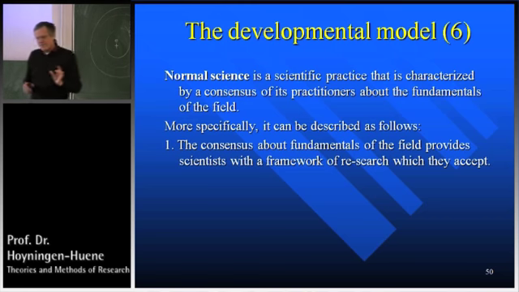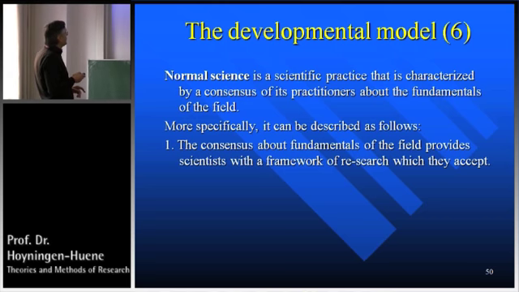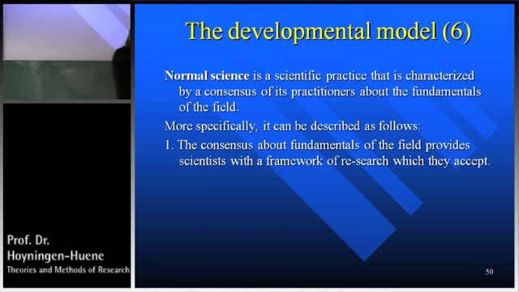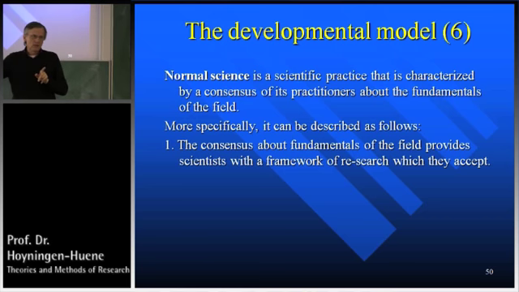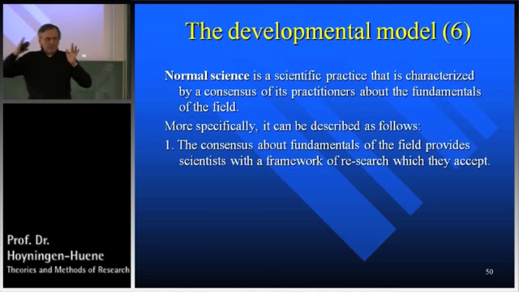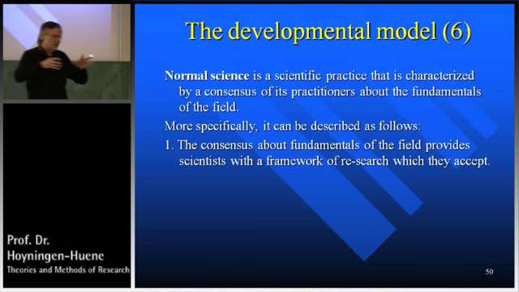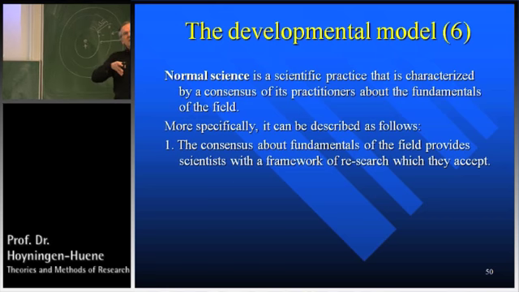Now, I'll give you 5 points of different length to characterize this practice of normal science. I told you, the difference between the phases is a difference of the practice of science. Right? Could be other differences, but it's a practice. The form of science, the way science is practiced, is different in normal science from the way science is practiced